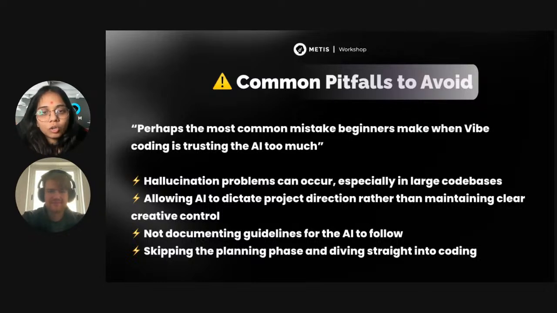Every time I document a pattern and paste it into the prompt, my results improve instantly. Build once, document, and reuse it. It's efficient and a smart way to do vibe coding.